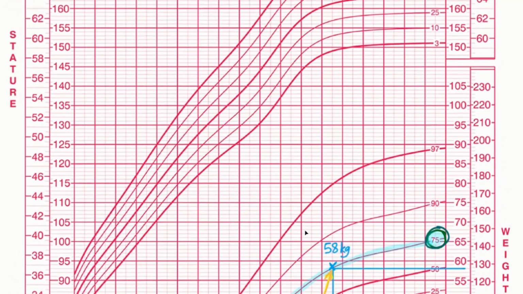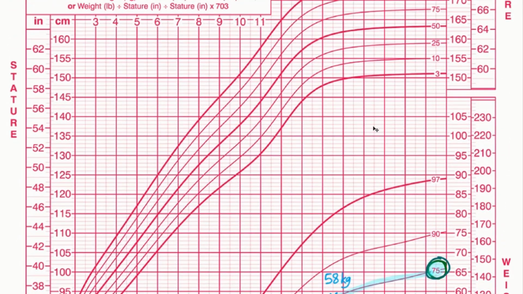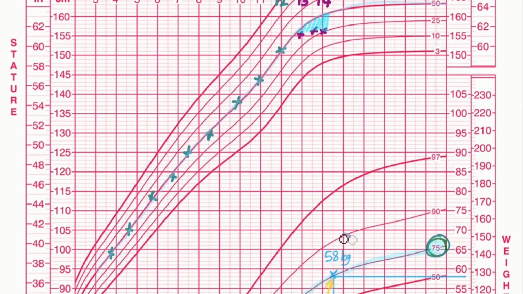Let's look at the stature graph, the height graph. Can you see how after age 12, probably because of malnutrition, this girl didn't grow as fast as you'd expect? She fell off her height percentile. It's quite possible that her body will want some extra weight to get the energy for a growth spurt, so her weight target may need to be higher.